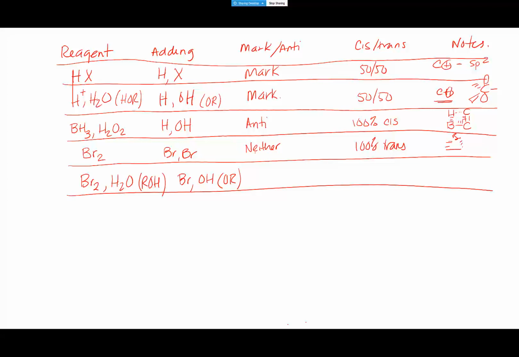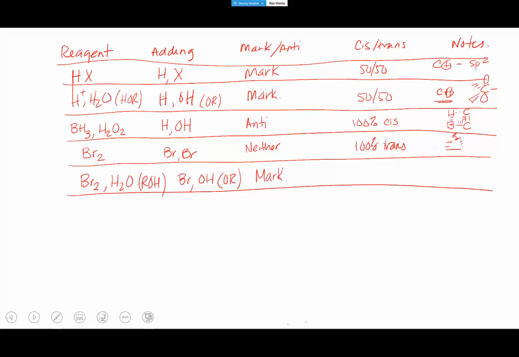So Markovnikov, anti-Markovnikov. So the Br plus in this case is our electrophile, and this is going to add Markovnikov, in terms of the Br plus going to the carbon with the most hydrogens. And then this one's going to add